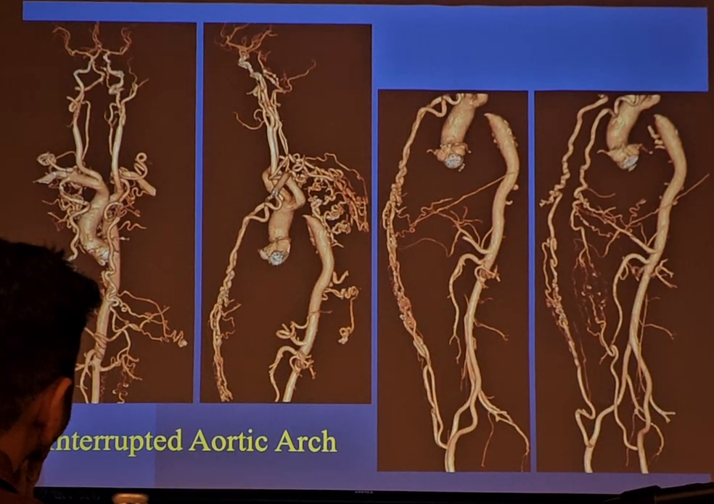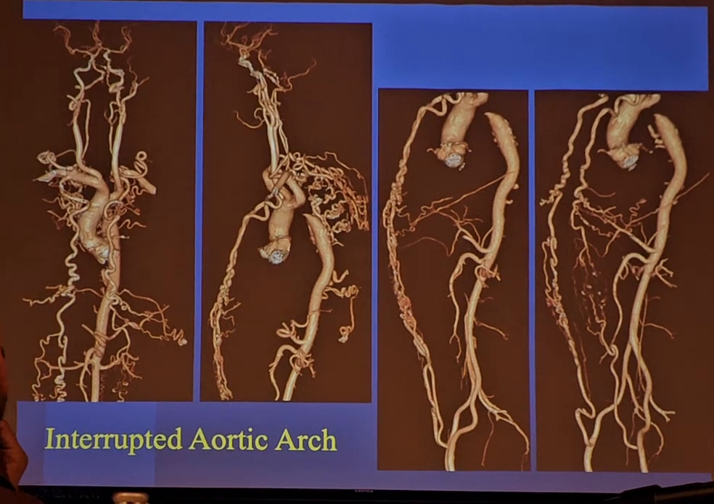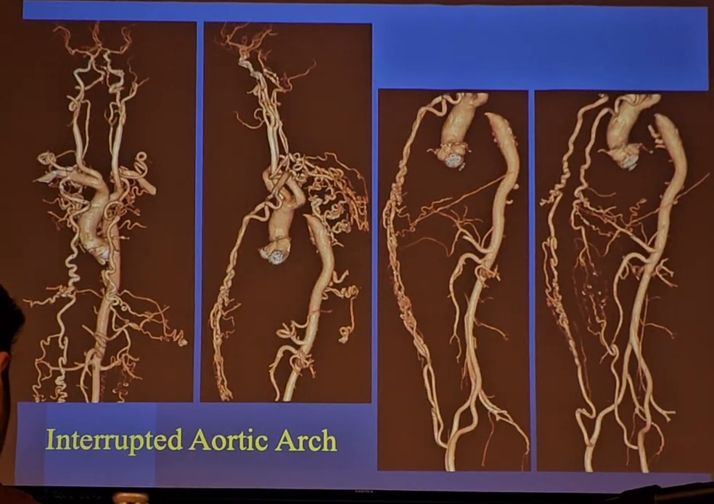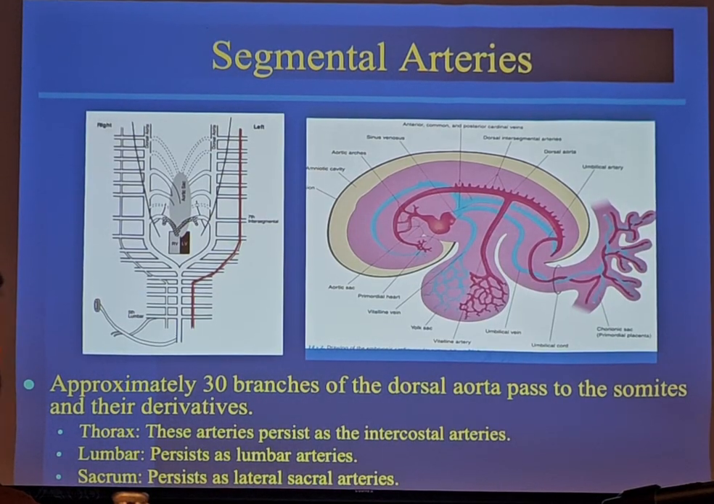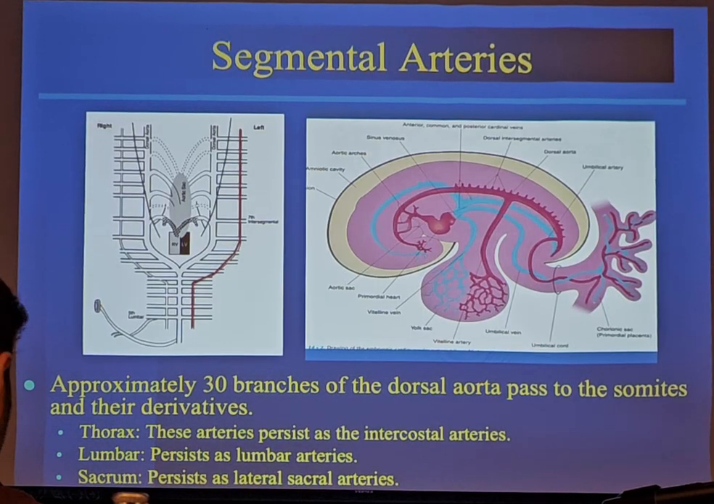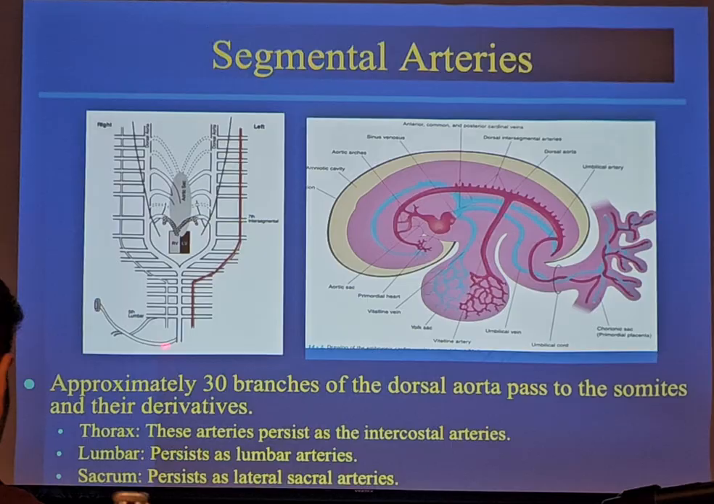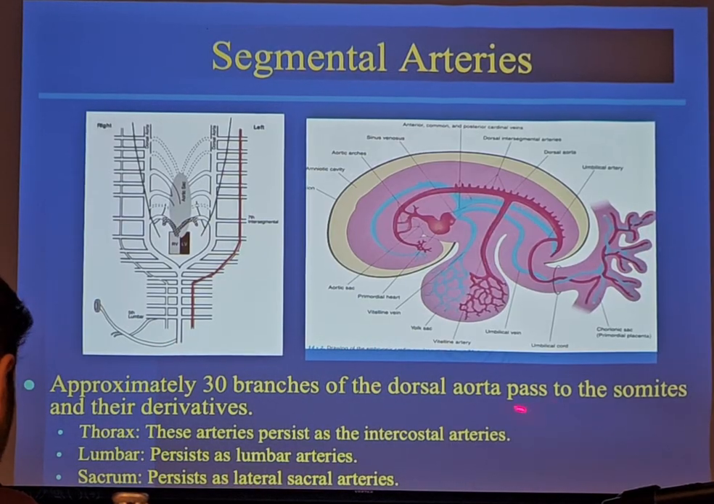So, look at this initial diagram and see what process you can go through. And then you can figure out any abnormal configurations about the vertebral artery origins. We do have segmental arteries, about 30 branches of paired